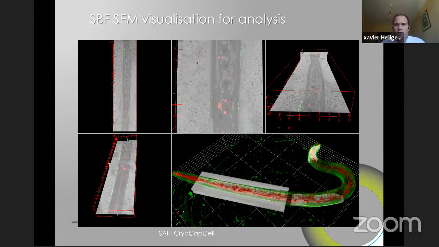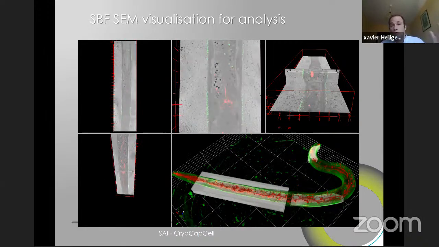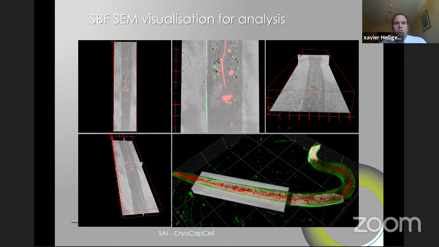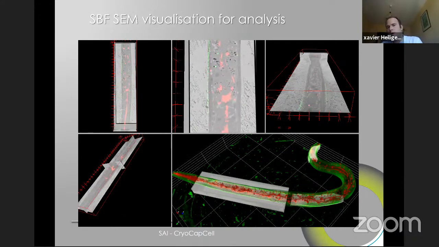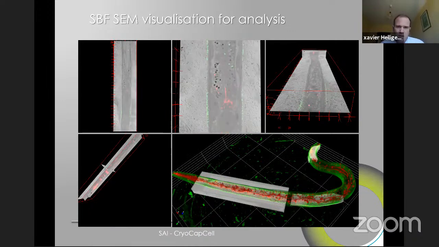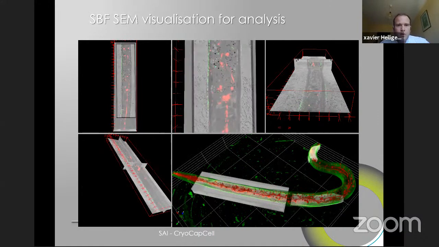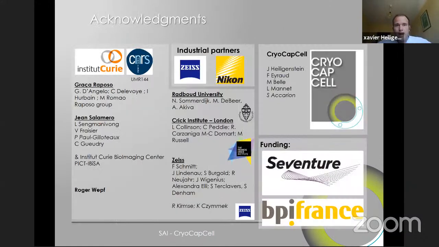So you can do live cell imaging, high pressure freeze, do cryolight microscopy if you wish, freeze substitute, light microscopy on the block again, and then do electron microscopy and have all of this with high contrast and high quality without any compromise. And so with this, I'd like to end my presentation.